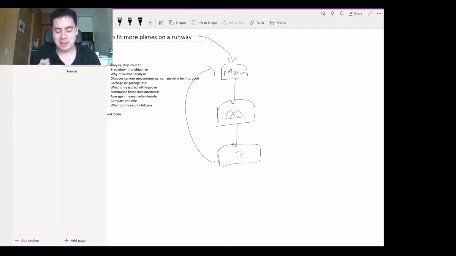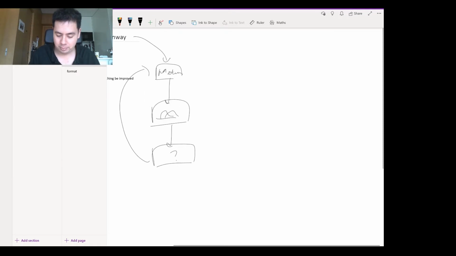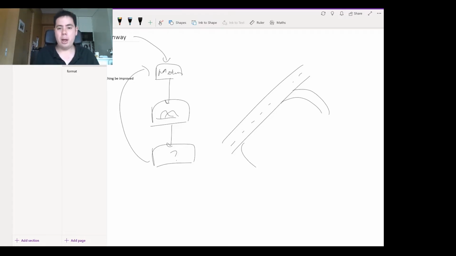today. So I'll show you the problem. Let's say you've got a runway here, with some taxiways in and out down the side. When planes land on a runway, you can only have one plane using the runway at a time. So if there's a plane coming in to land, that plane should, I've forgotten how to draw an aeroplane, that plane should land first, then exit the runway. And once that plane's exited the runway, another plane waiting to get onto the runway can then proceed and take